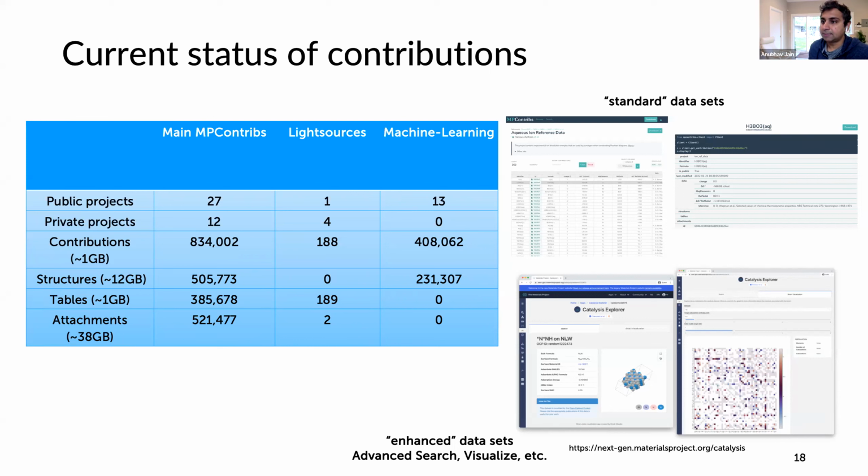As MP contribs gets bigger, it's probably going to become more and more difficult for us to make sure that every contribution is well done and validated. So I think we'll have to come up with other ways to let the user community help decide the trustworthiness of different data sources and be able to flag data that doesn't look correct. So far we haven't really had this problem just because MP contribs has been a bit smaller. It's certainly not the major part of the website, so it hasn't been the biggest issue so far, but going forward we might have to come up with